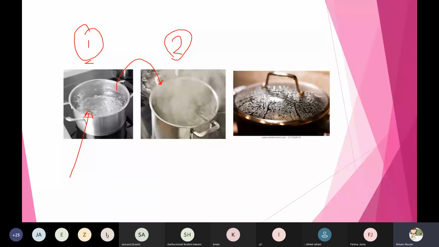But how can it change? How can we change the water from liquid to gas? By heat. We must heat up this water.